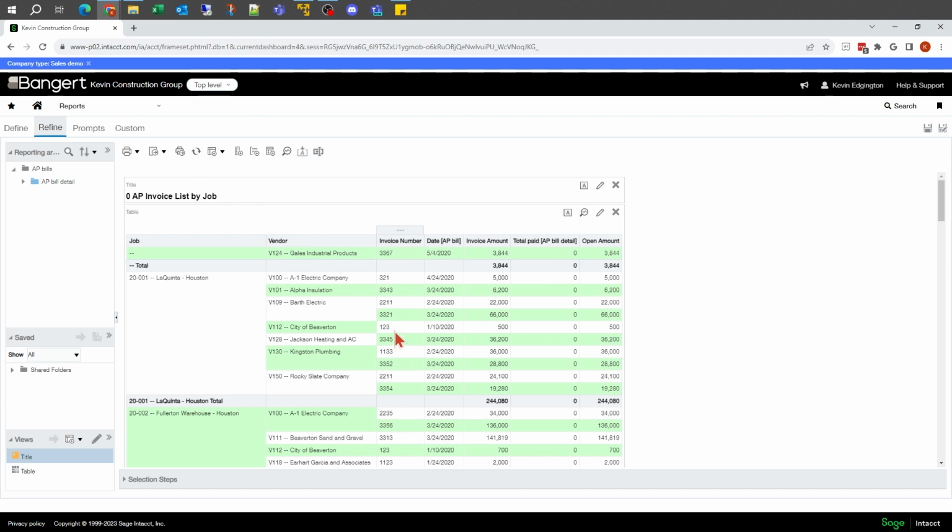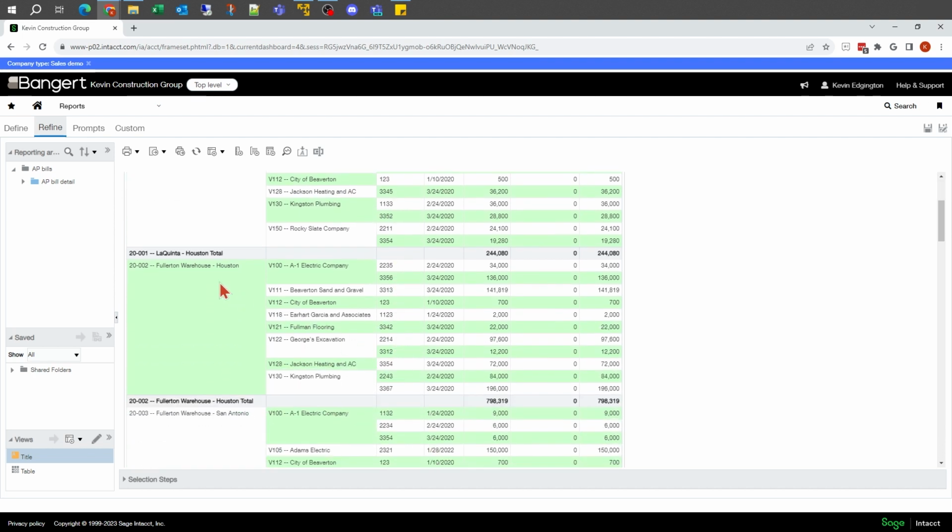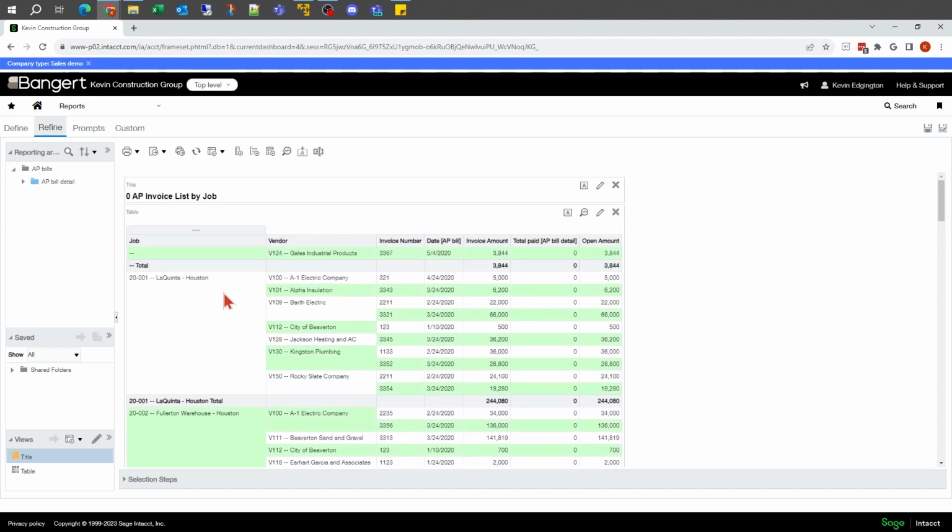But as it goes down to some of these, it looks like the color gets a little out of whack, because theoretically Barth here had one line white and one line should have been green if this was repeating. Since this was not set up to repeat, it makes some of the colors look a little weird. This one's all green where theoretically the first line should not have been green, and so on. Same way with the job over here, this is all green. So the highlighting looks a little weird when you're not showing it on every single line.